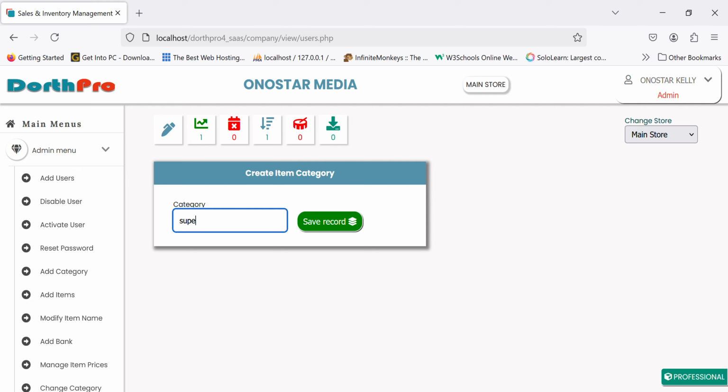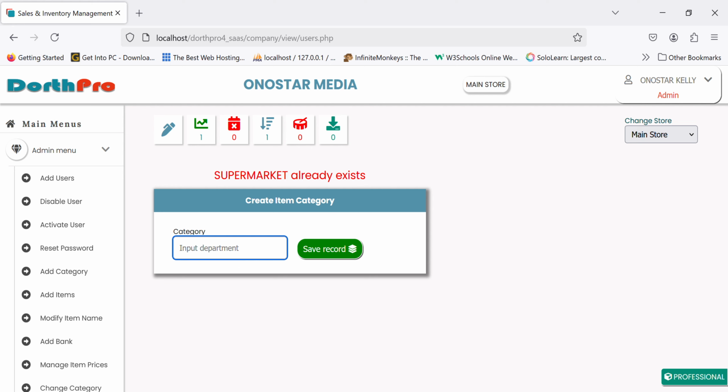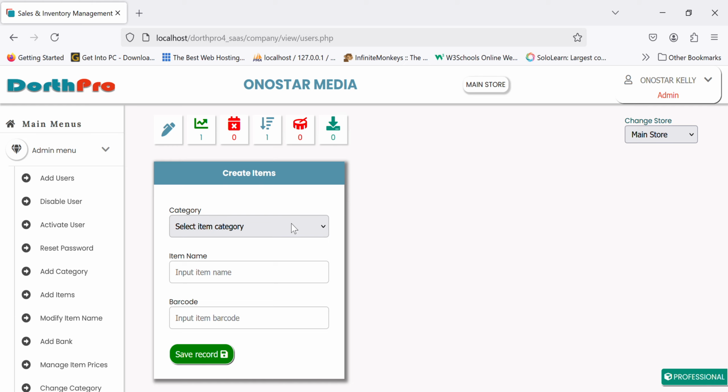So let's say supermarket. I think I've created supermarket before. So if you created a supermarket already, it exists, okay. Alright, let's move on. So let's add an item here. To add an item, you just simply select the item. So I can say jewelries. If it is jewelries I want to add, after you select the category, when entering